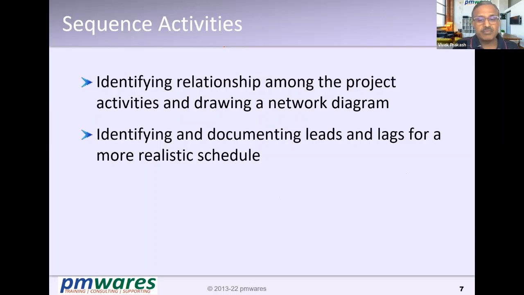Why do we need to do the sequencing? Because certain activities may depend on some other activities. For example, if you want to do testing, the development should happen. Unless the things are developed, you can't do the testing,